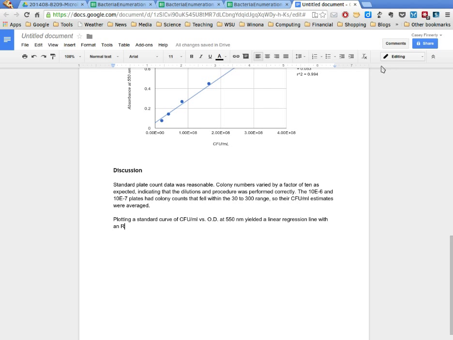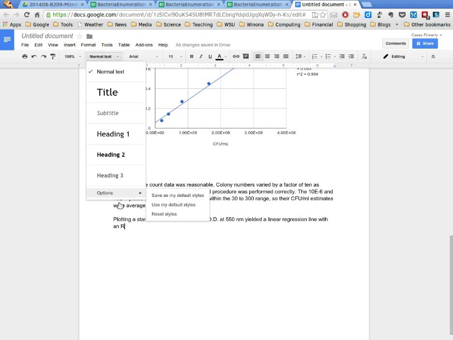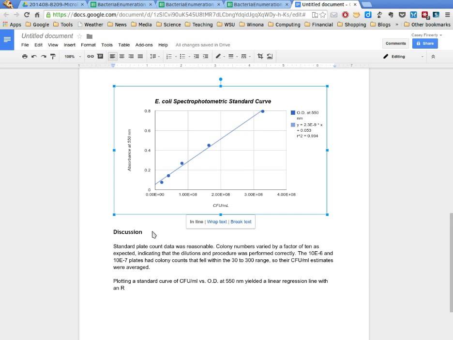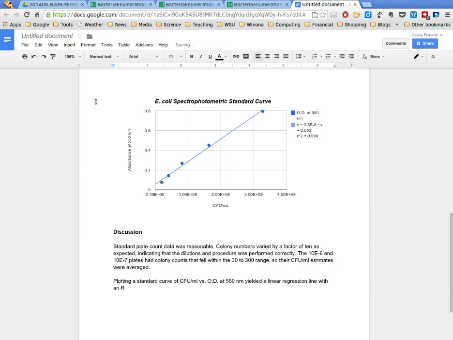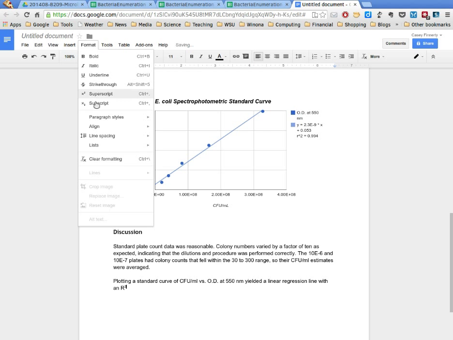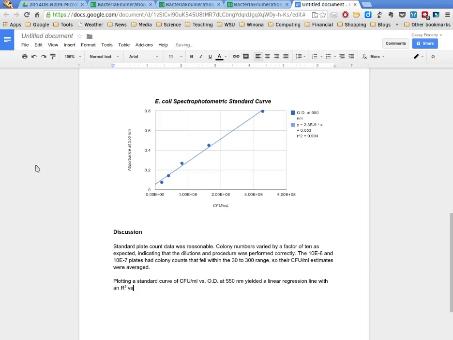Let's see, our format, here we go, superscript, R squared, and now clear formatting, value of 0.994,